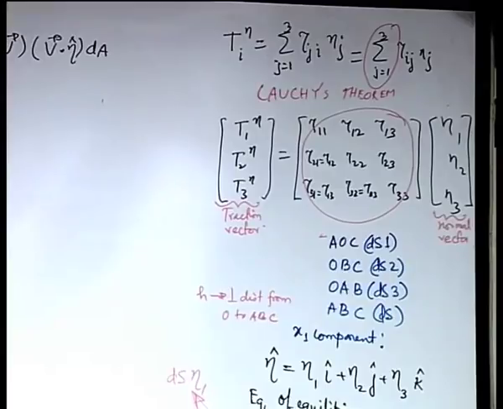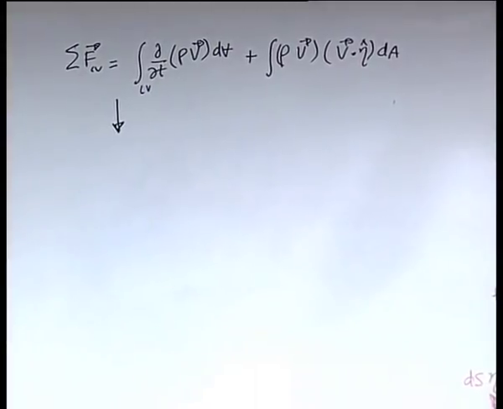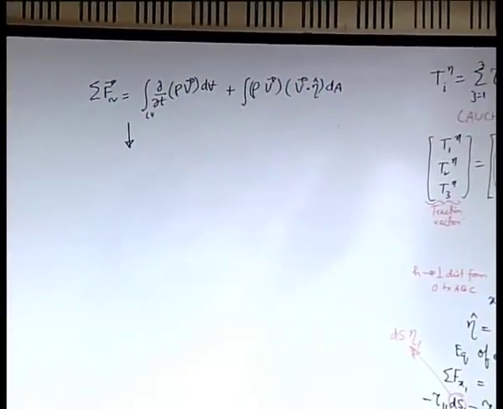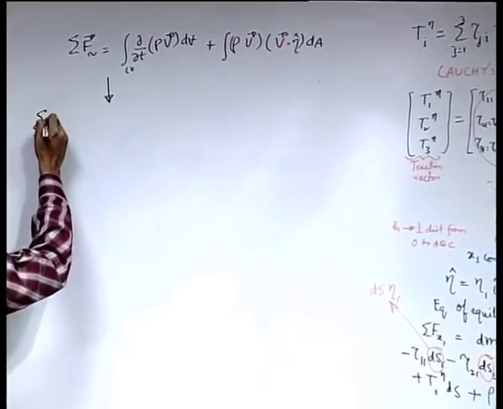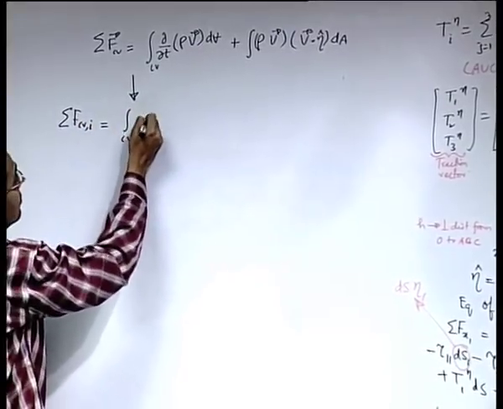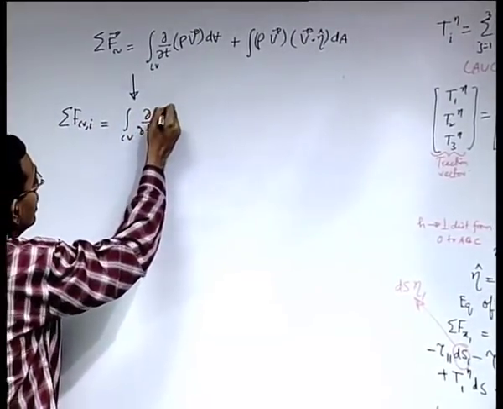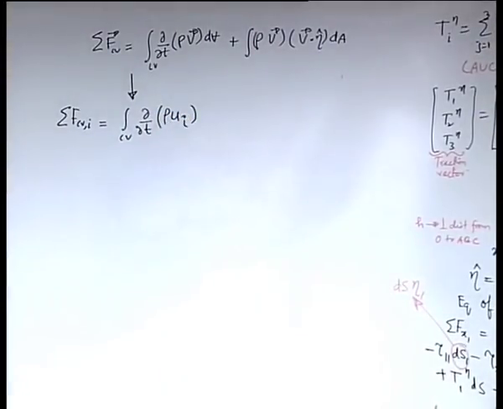So, what we will do now, we will use this understanding that we have discussed for a period of time to write the expression for conservation of linear momentum, but for a specific direction, say direction i. So, resultant force on the control volume along the direction i. We will use the notation ui for velocity component along the ith direction. So, ui is the ith component of the velocity.